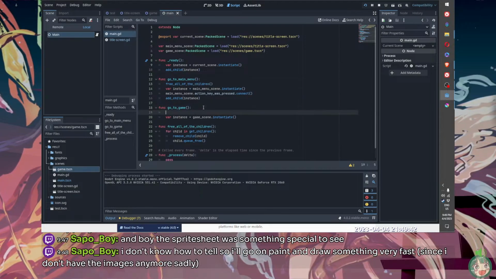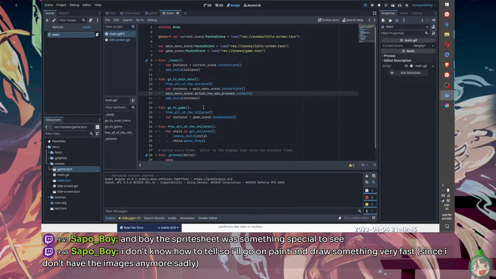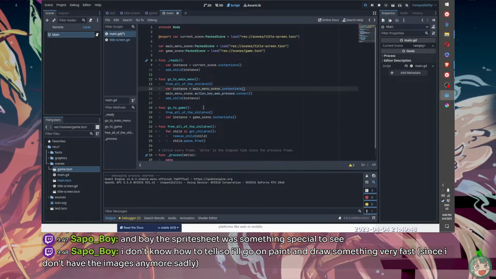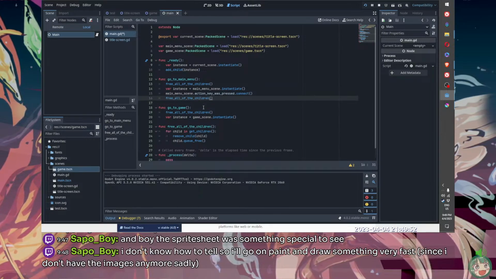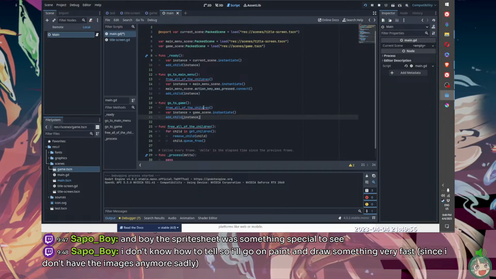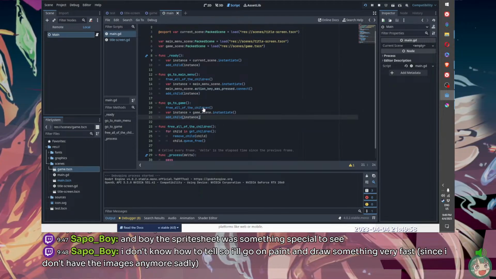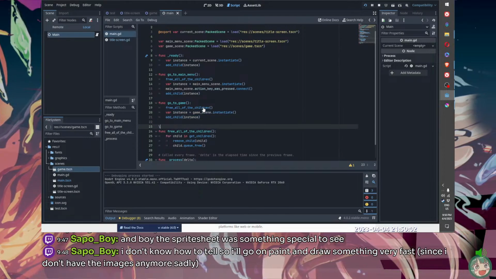We free all children before we instantiate this. A child, and we do this. Since we're repeating this twice, it's probably